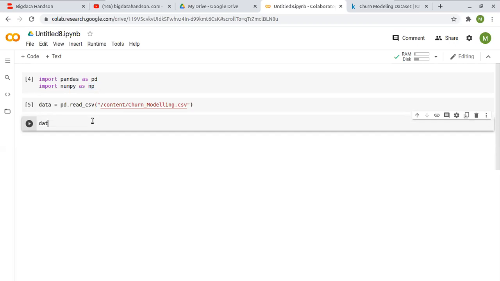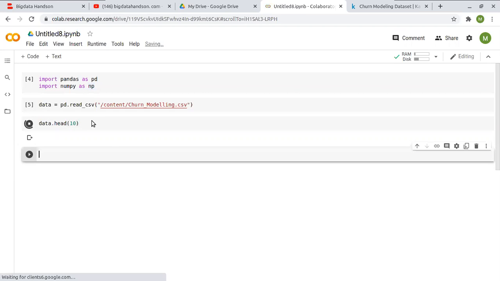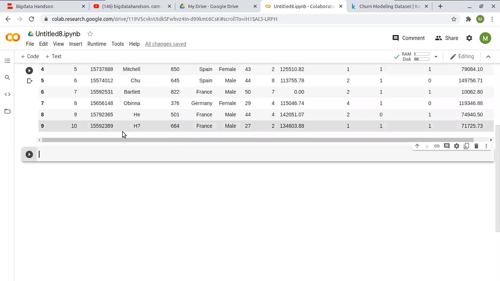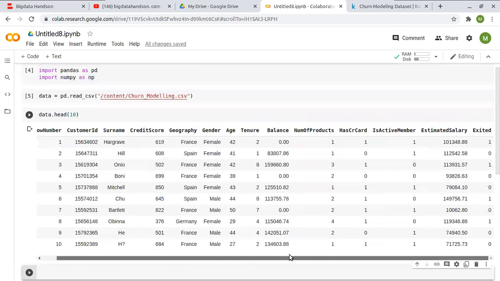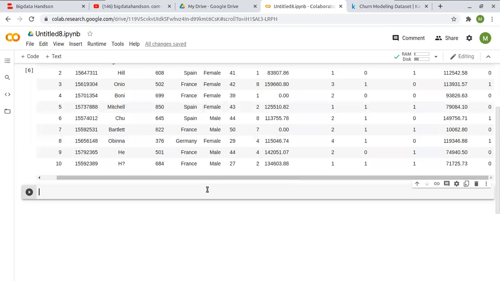Now if you want to see the dataset, like head of 10, we have the columns row number, customer id, surname, credit score, geography, gender, age. These are the variables we have, and in the last variable you can see exited or not. This is what we are going to predict in the data set, a classification problem.